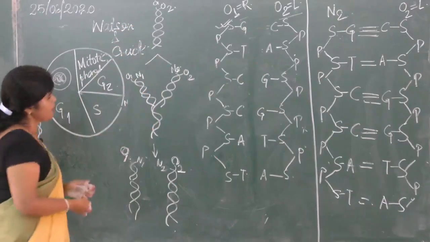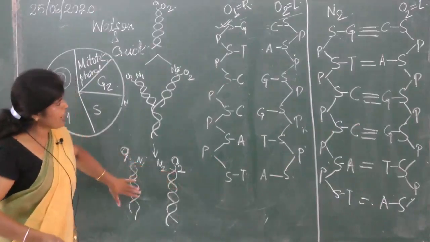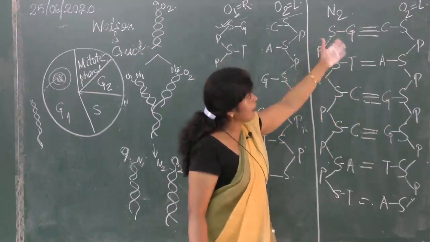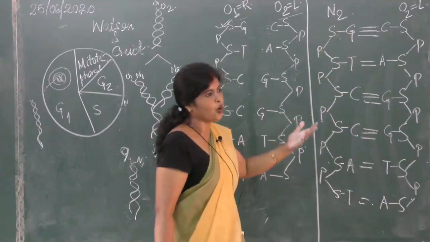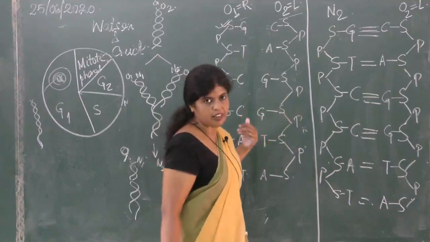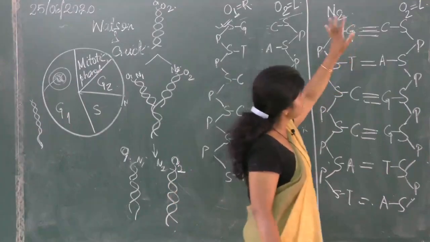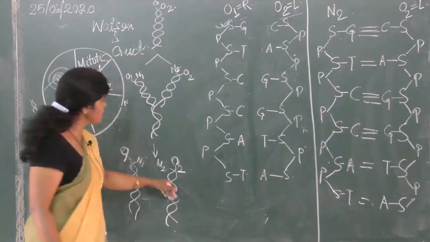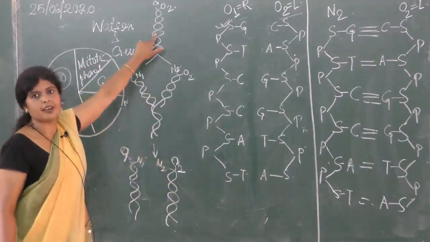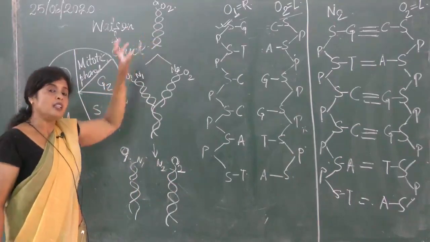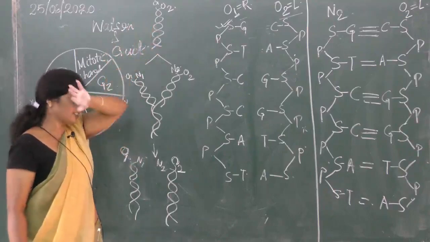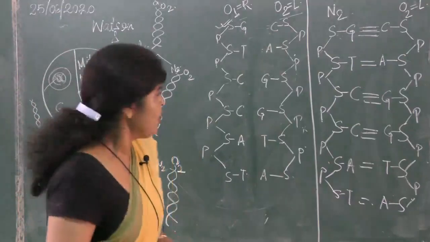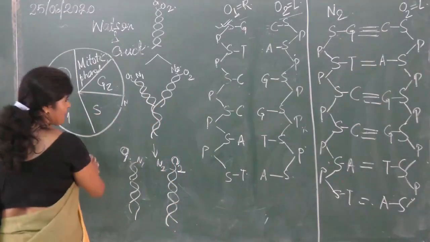And always remember these two which are formed, I had shown you here. Is it all right? With the original 1 and original 2, if you want to see it, you can rewind the video and see both the DNA strands which are formed are exactly like the original strand. They are the photocopy of the original strand. Is it clear? That is why we call it the semi-conservative method. Now, we are not finished with S phase yet.